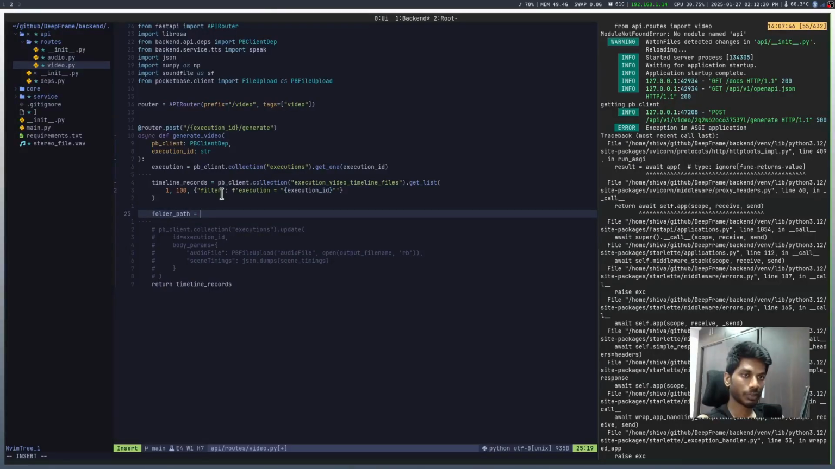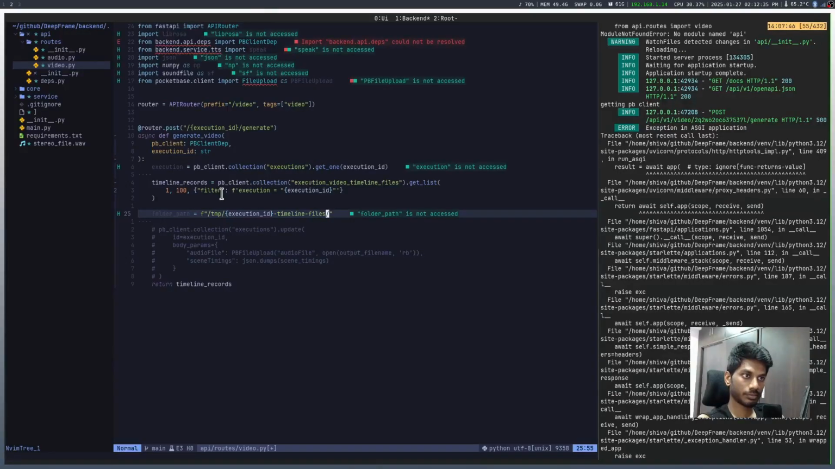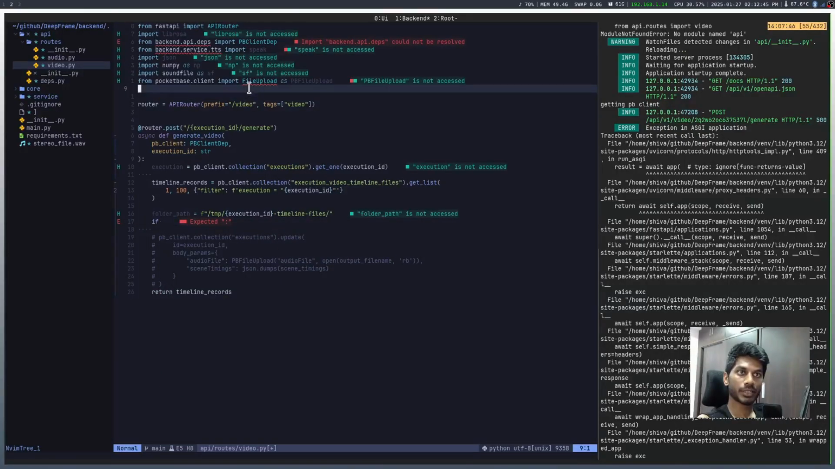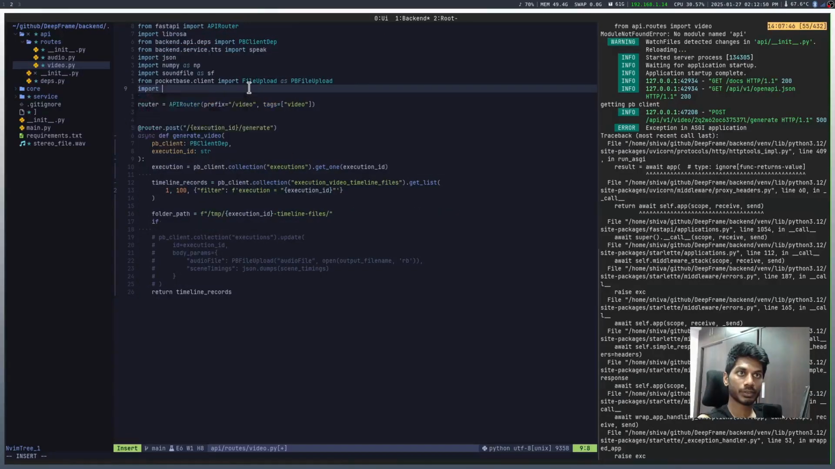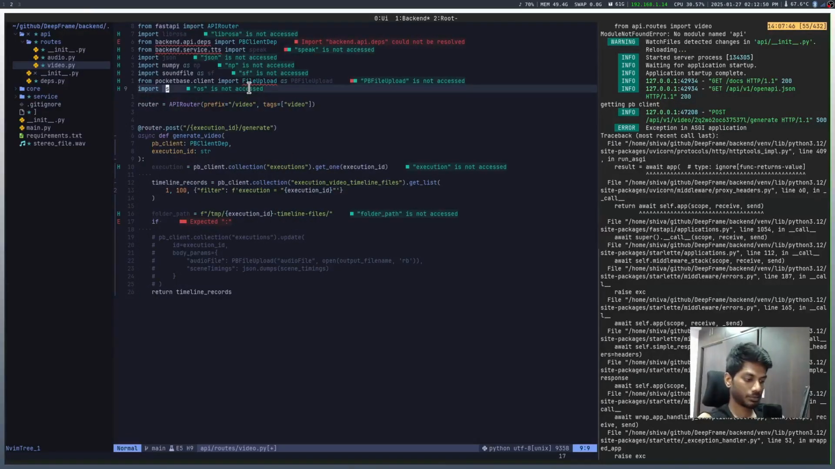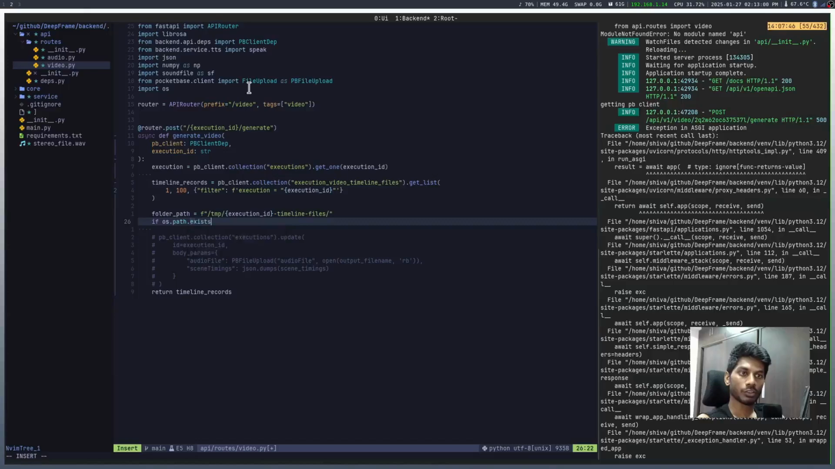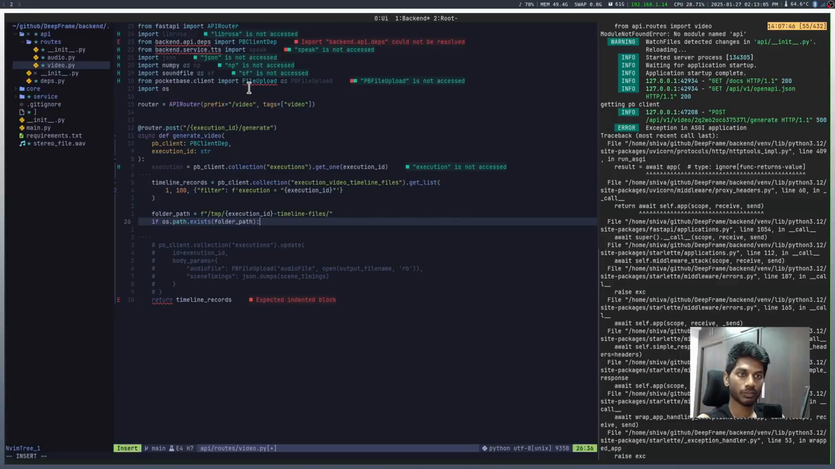So I want to create a folder path for this particular execution. Start, execution ID. Okay. I don't think I imported OS yet. So let's import OS. Once the path exists, folder path, if it exists, you don't have to do anything. If it does not exist,